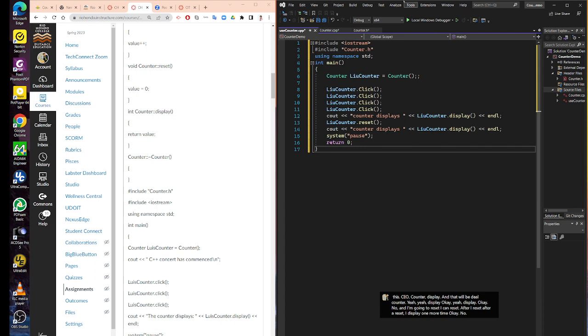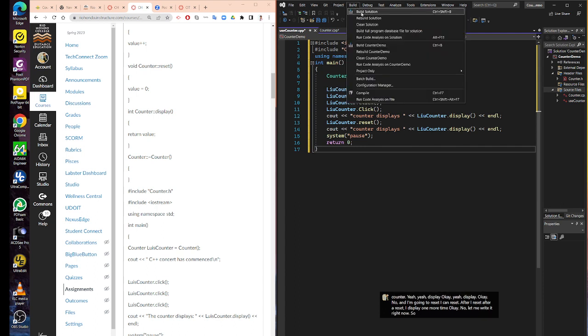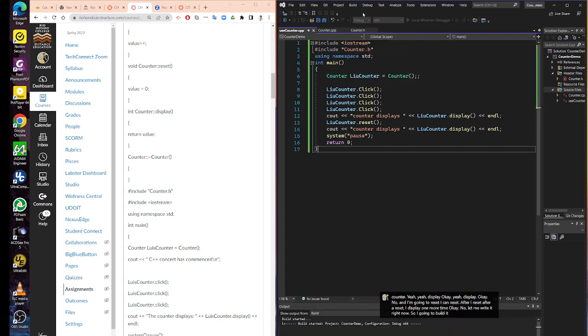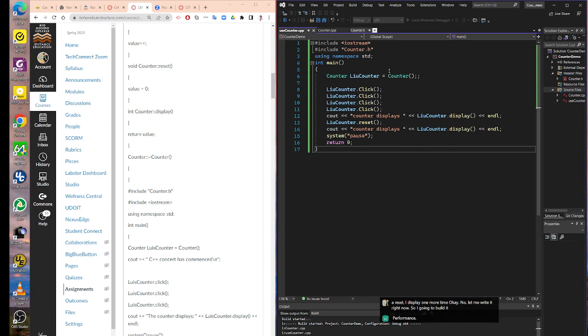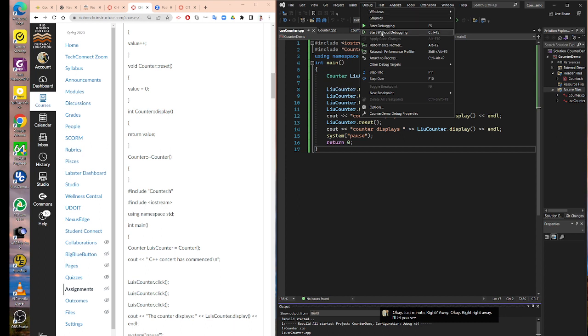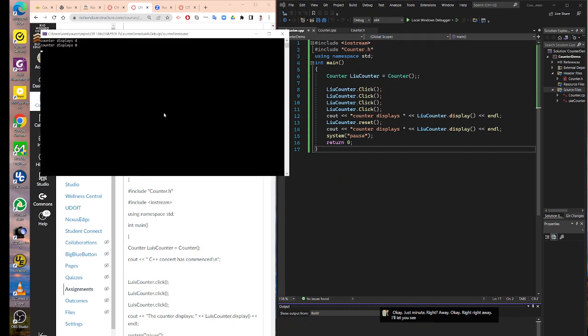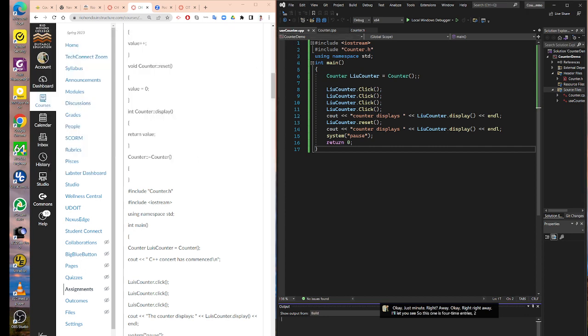Okay. Now, let me write it right now. So, I'm going to build it. Professor, can I see the CPP real quick? Okay, just a minute. Right away, I'll let you see. So, this one is 4 times and to 0. Okay? So